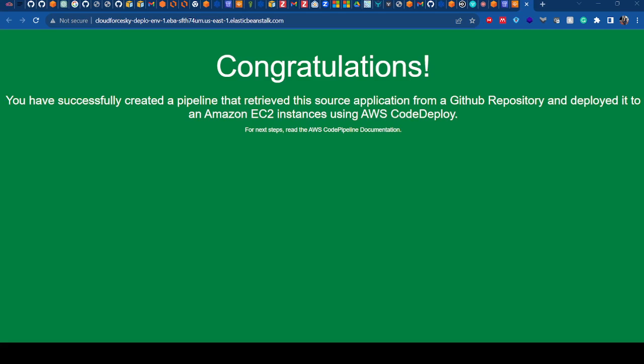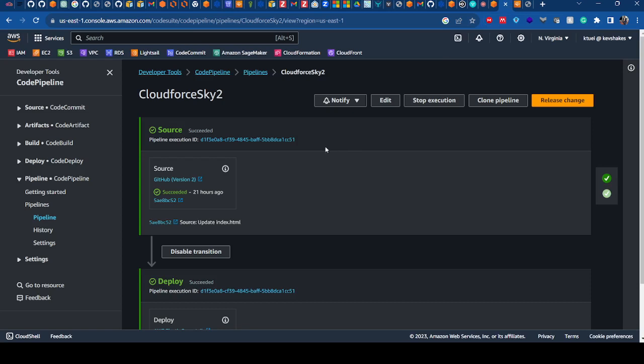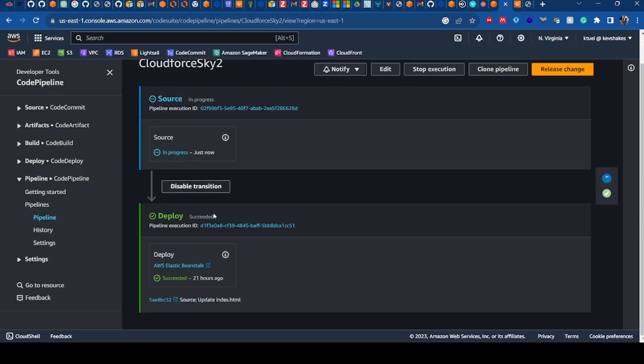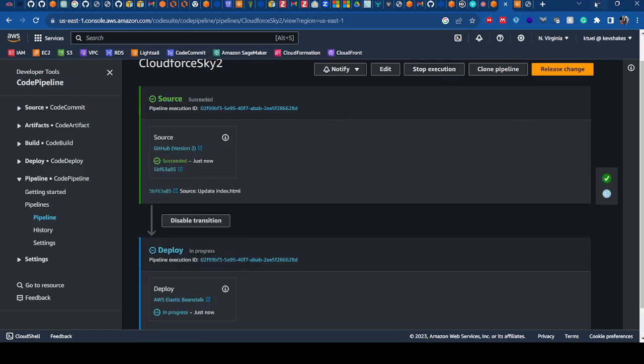That's basically it. I think it has committed. So when I go back to my, you can see it has already gotten that commit. So it's going to do that, then it's going to deploy, which is going to take a bit of time, and you don't have that time, but you already get the point that after a while, it's going to deploy it to Elastic Beanstalk, and then